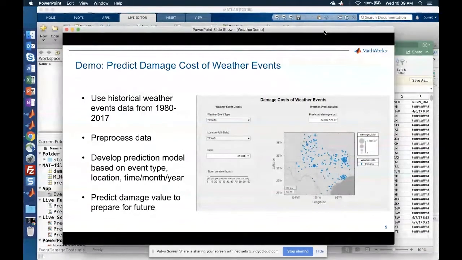So what I have is historical data for weather events from 1980 to 2017 in lots of Excel files. I'll show you an Excel file.